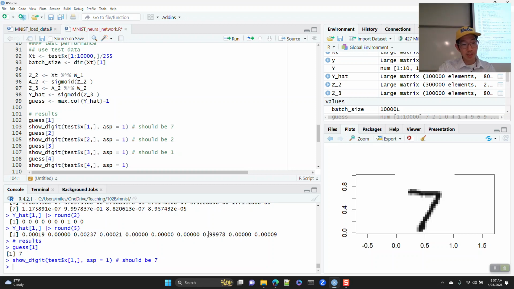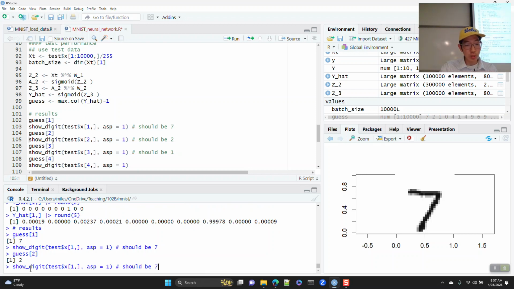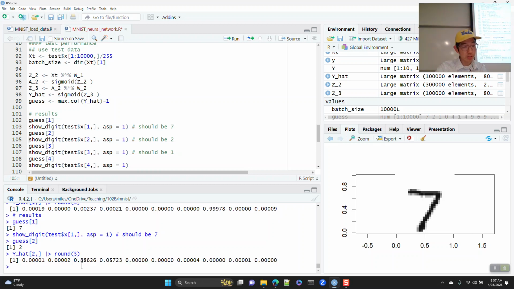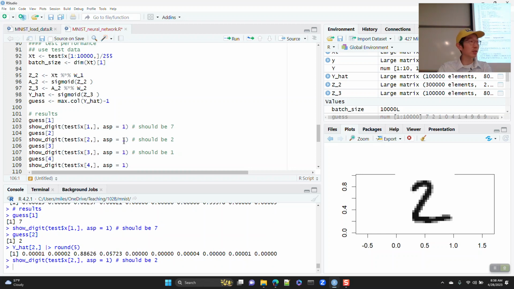Okay, so let's try out the second one. Our second guess is a 2, and again I can ask what the numbers looked like. You can see sometimes this output for the number 2 wasn't a 1, it reached a 0.8862. So it wasn't as confident, and again, these numbers don't even add up to 1. It's not a probability, it's just trying to get something. So let's see what this is. And yeah, that's a number 2,